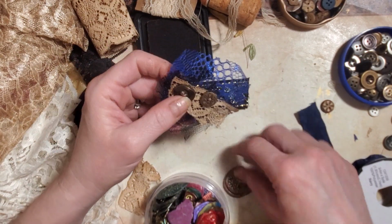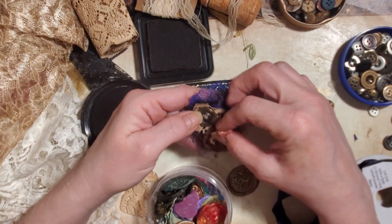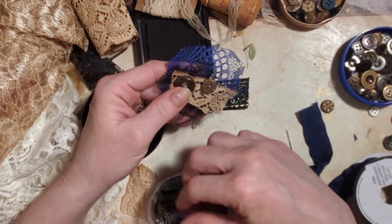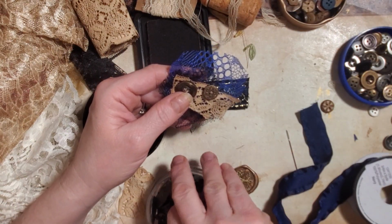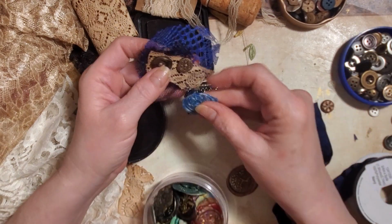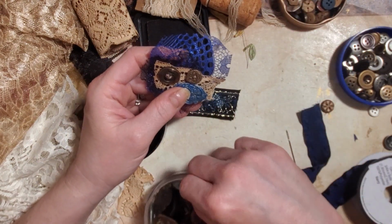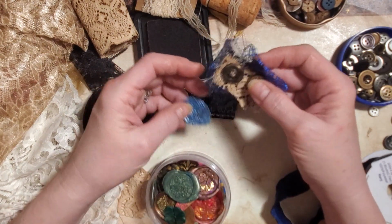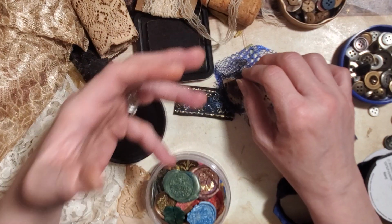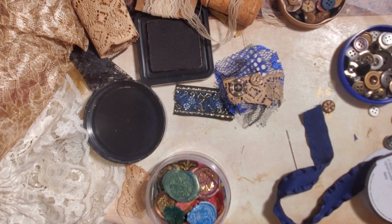Why do these always look so good when Tina uses them? I have not used any. I'll be honest, I haven't used any of the ones I made with her. She uses them and they look fabulous. And every time that I go to use them, I'm like, not so much. I guess I'm just trying them on the wrong things. But I think it's funny that I never feel like they look good, you know? And I love them. I really do like them,